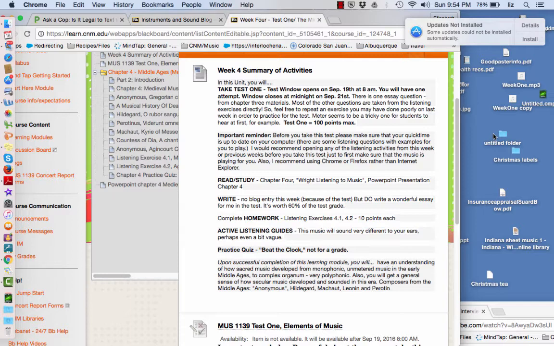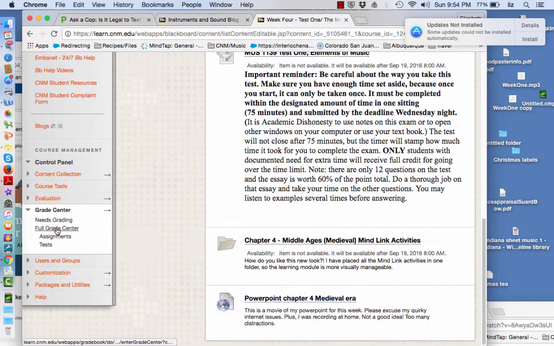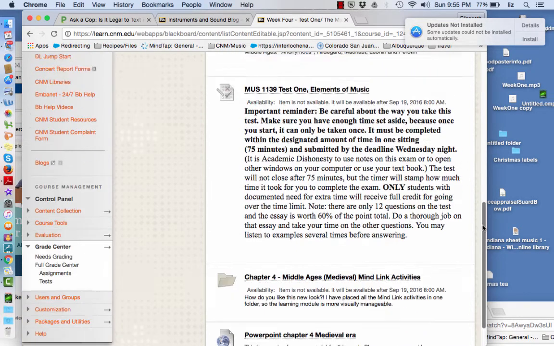And I want to urge you to go into the Grade Center, find your blog grade, and if you click on the little circle in the little rectangle where your grade is, it has a little V inside the circle. Click on it, and then you can find out. I'm just going to show this to you, even though I'm not going to show you anybody's actual grade. You go to here, you hit Full Grade Center, it will open up, and I don't want to show you everybody's grades, but it's very easy to find if you just go find your grades and click in the actual assignment.